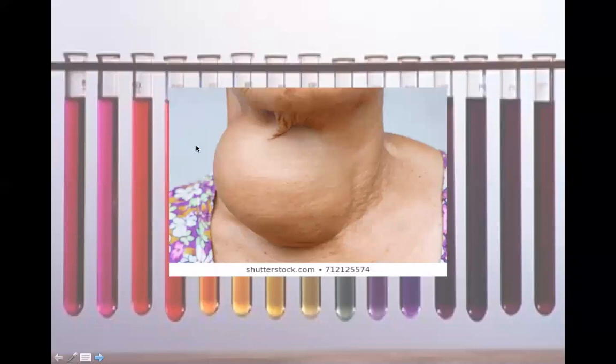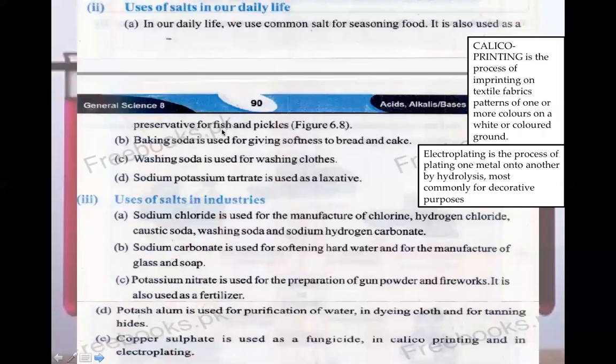Alright, so we are moving towards the uses of salts in our daily life. We know that salt is used for seasoning our food. हमारे खाने का टेस्ट अच्छा करने के लिए it is used. It is also used as a preservative for fish and pickles. अचार के लिए plus fish को preserve करने के लिए भी use होता है. There are some simple uses that have been listed. It is used